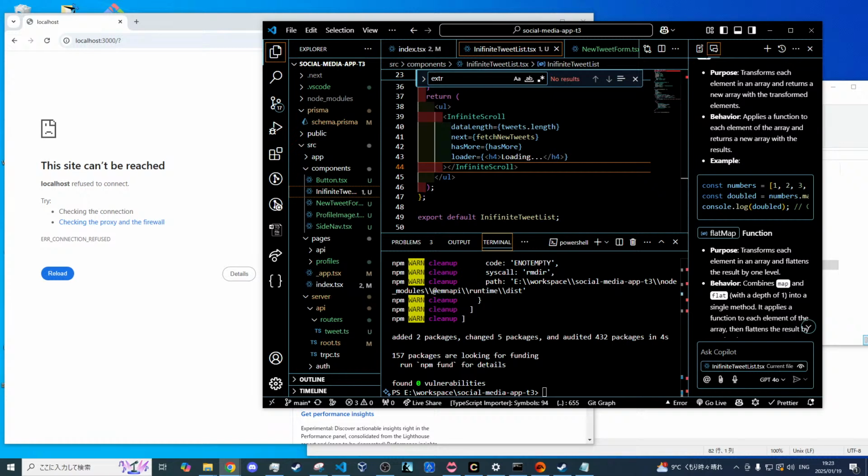And then we have some type of loader. Straightforward. And in our case, we're just going to do the text of loading for now, but we're going to replace this with a loading spinner in the future. Now the final thing we need to do is actually put what we're going to do to render our tweets. So for now, I'm just going to map through each one of our tweets. I'm going to return a div that has a key, which is tweet.id, and I'll do our tweet.content. So hopefully, if we've done